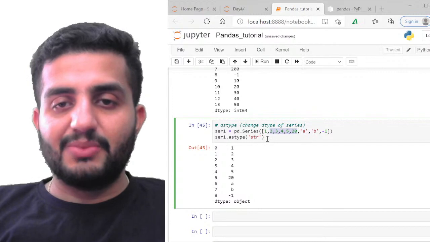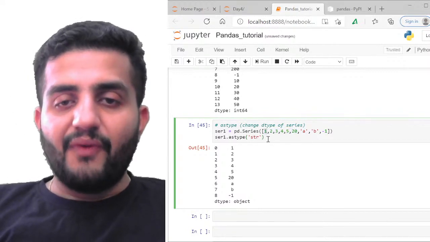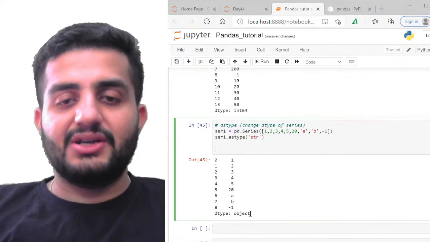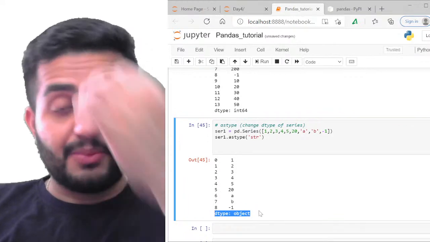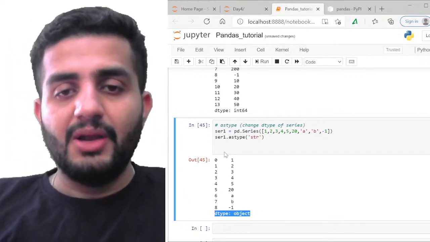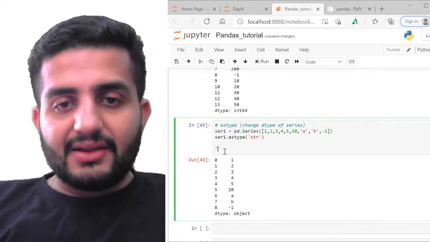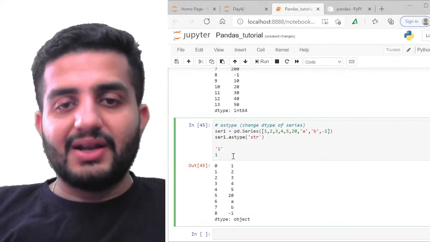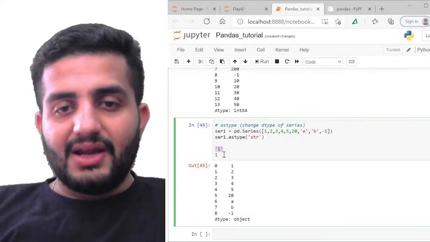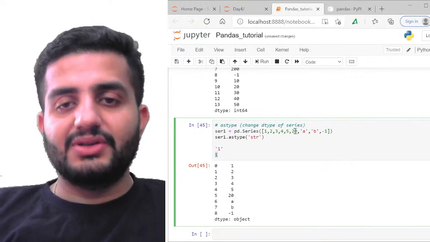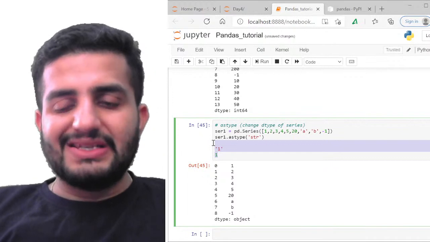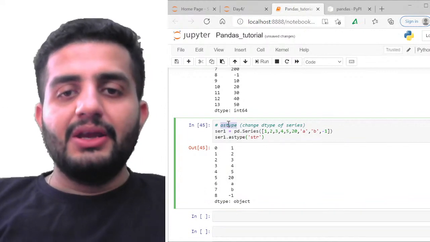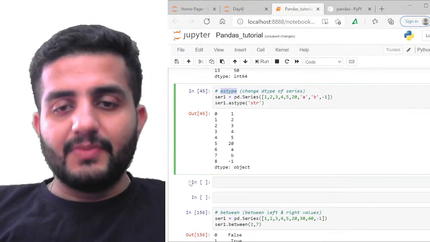Now if you check this, instead of 1, it'll be quotes of 1. So it's not 1 here. You can see the data type has changed into string, so the dtype is object. It's not int anymore. So this quoted 1 and this 1 are different, right? This is my string and this is my int. So this is what it has done here. Basically it is changing the data type of my series elements. So again, AsType is used for that. Cool.